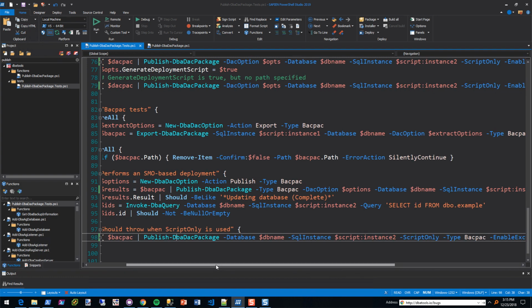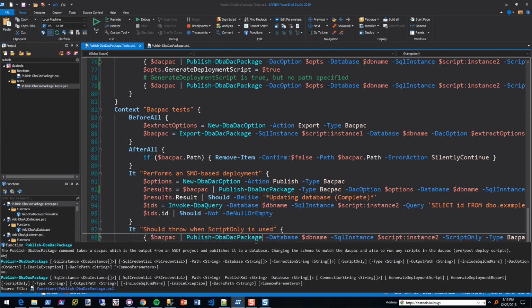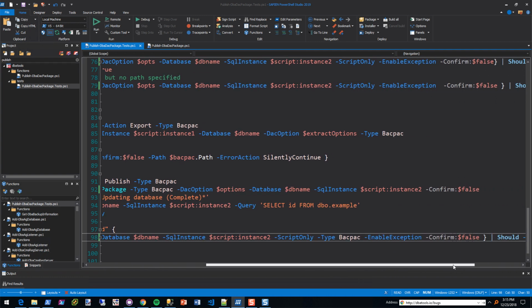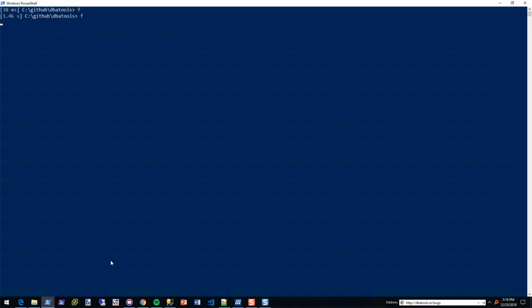So I figured that it's true though, because whenever you're looking through this, you're not expecting confirm false to be at the beginning. You're expecting it to be at the end, and I totally get OCD and I appreciate it. So that's why I'm doing this kind of manually here. All right, so now I'm just going to load my modules one more time and then test. I like to clear, test publish DBA DAC package, to see if I did this right, at least with the tests.